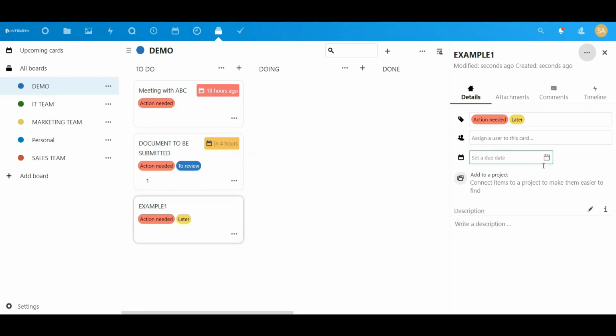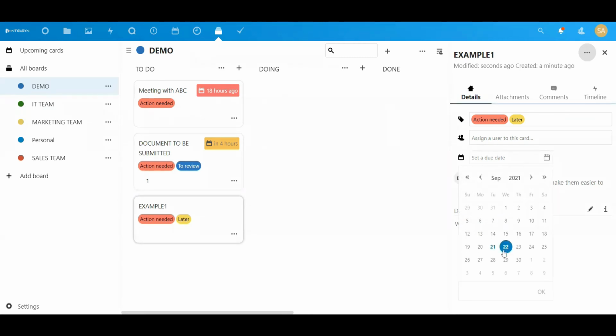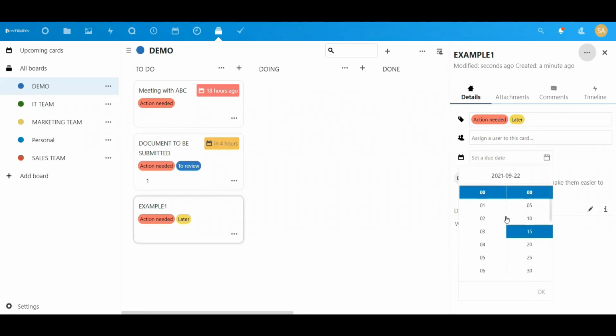You can set the due date by when this work has to be completed. If you see here, I have set it as in 4 hours, the document has to be submitted. Let me set a date for this as well. Okay, let me give this tomorrow's date. Time.